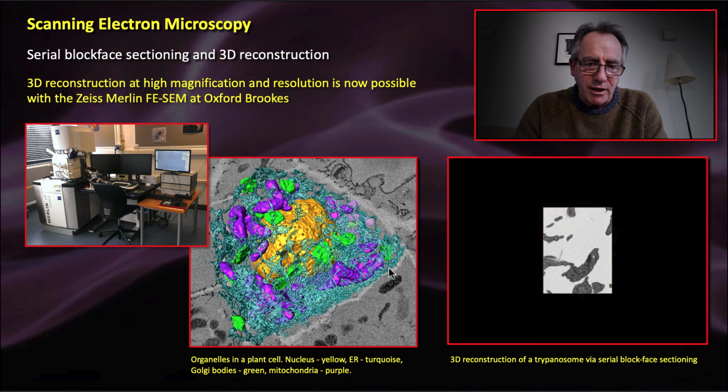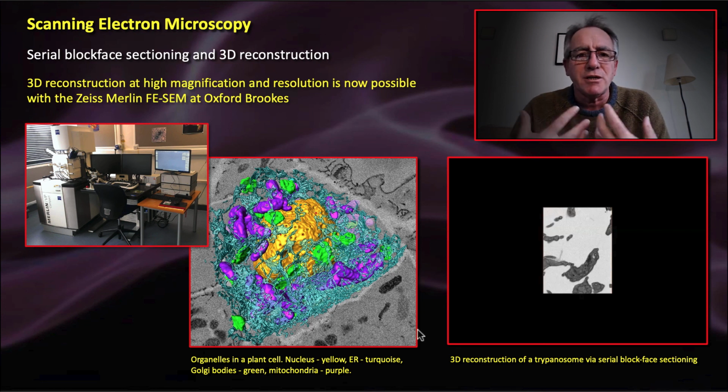He looked at plant cells and did the three-dimensional imaging with this system, stacking, I think, probably 300 images to make the picture of this one cell here. The nucleus is in yellow, endoplasmic reticulum is in turquoise, Golgi bodies, I believe, in green, and mitochondria in purple. What I'm showing you here in the PowerPoint presentation is this incredibly low resolution, low magnification view